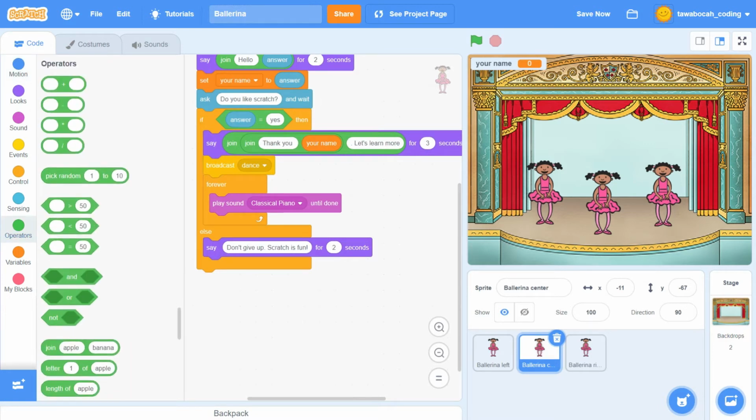In here, also use a green block for an encouraging sentence and variable your name.